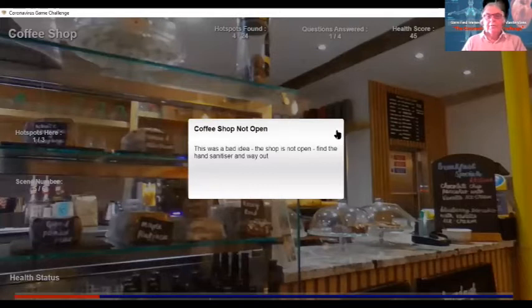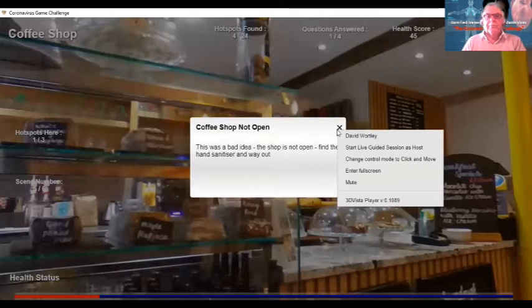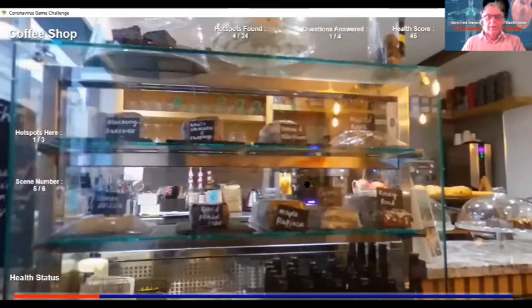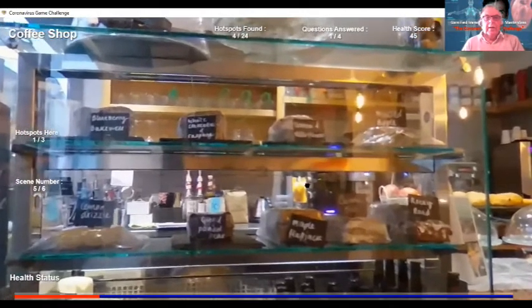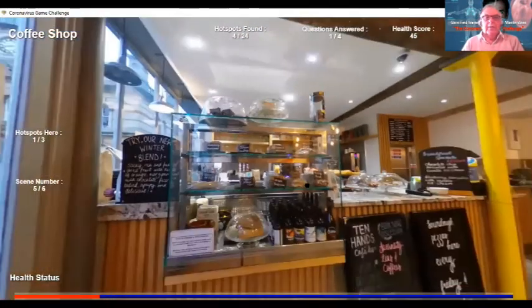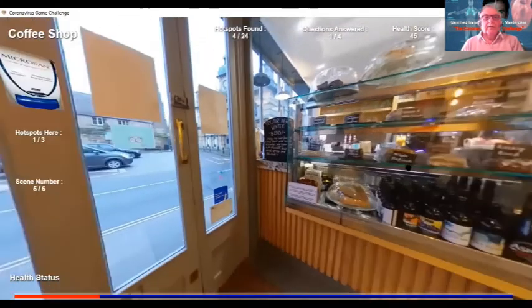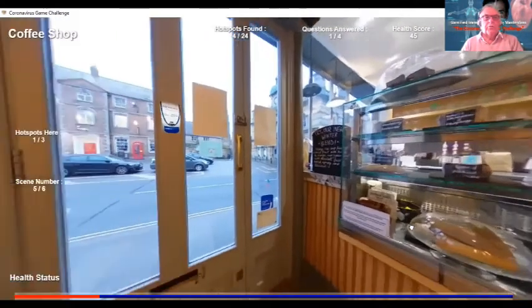Now, in order to continue with the game, I've got to find the hand sanitizer. And my health score's already dropped to 45. I can see that. The other thing that I can do here is zoom in and out with my scroll button, and that's quite useful. So I'm going to find, there's something on the door here.